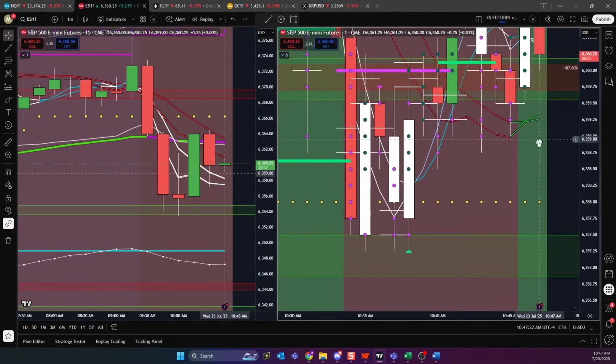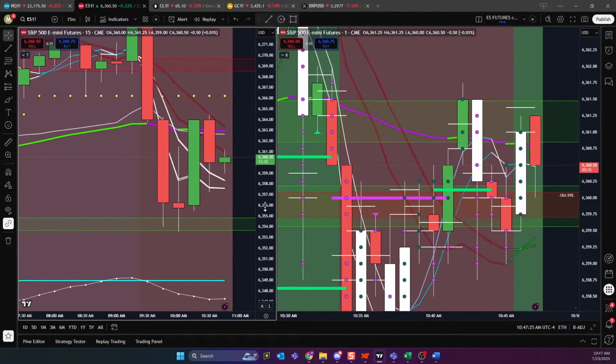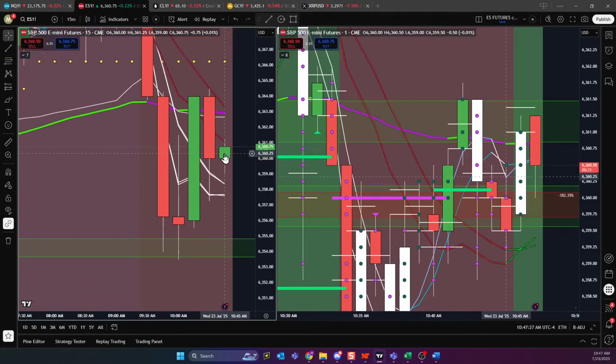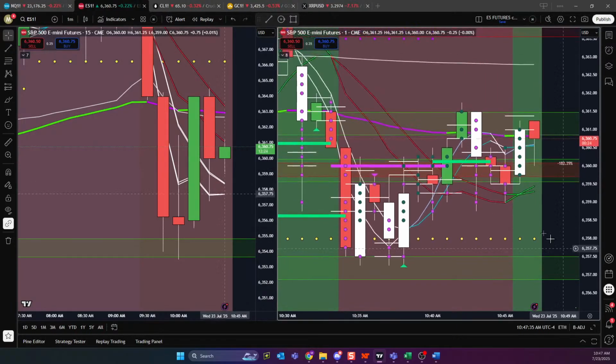Let's see what S&P says. Direction is down. Triggers are weak. Not triggers are weak. We're on the weak side of the triggers, which means that if I'm looking for a short, I don't want to fight. And right now, both of my triggers are up. So if I took a short, that would be a fight.